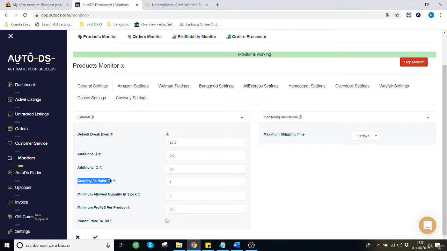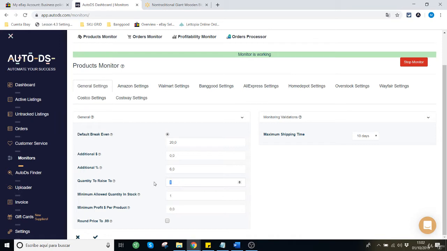This option is for when an item goes out of stock in your eBay shop but then comes back in stock later. Whenever it comes back, this is the quantity that AutoDS is going to set for the item on your eBay shop.